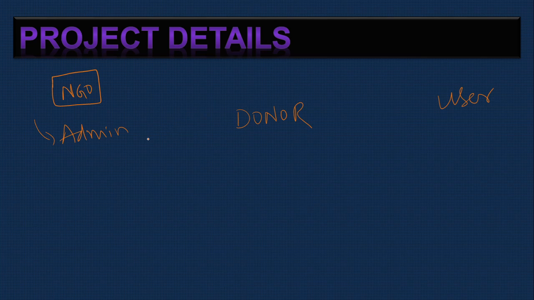The admin can log in. Here we can create the event. What are the events they can conduct? They can create events, particularly event types like food distribution, health checkup, or seminar. All of these we can create under this. The user can see the event list, what events occur. That list they can see here.